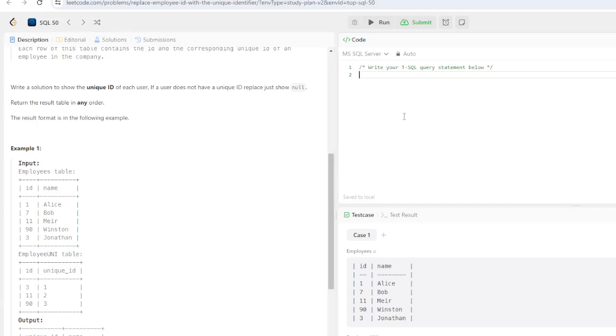So let's start solving the problem. So from this employees table, let me give alias as EMP. I want to join this employee UNI table with left join. So left join this, and let me give alias as EMP UNI for unique ID, right? Now on what column will I join this? So as you can see, ID column is common in both of them. So I will